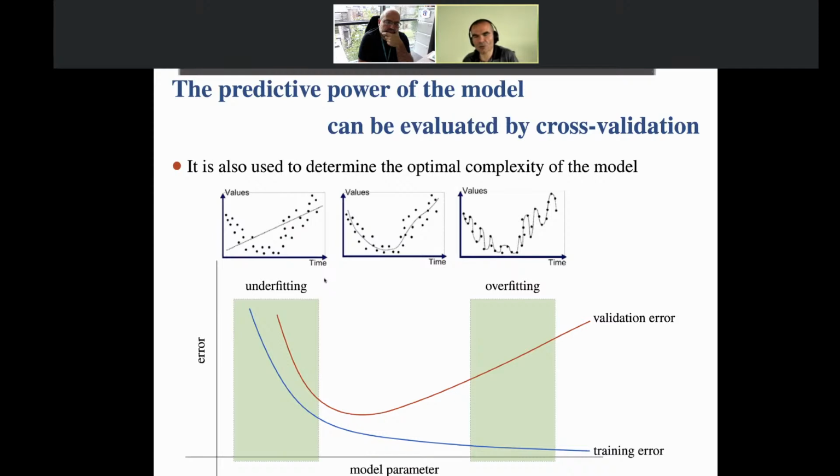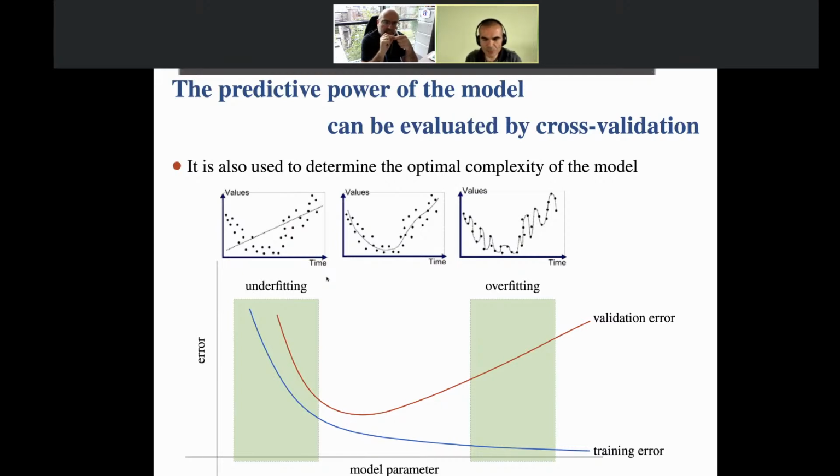How do we detect that? We see that the training error can always decrease when we increase the number of parameters in the model, but the data that have been set aside and not used to develop the model, the error that you make on those is going to increase at one stage, and that's the so-called validation error, okay, that increases. And so what you want to do is to be in the sweet spot here, where the validation error is the smallest, while the training error is rather small.